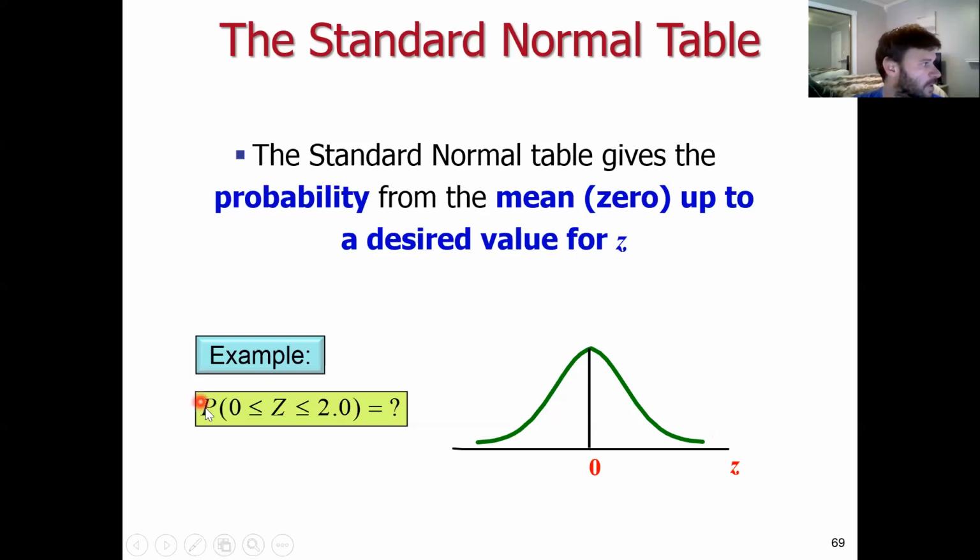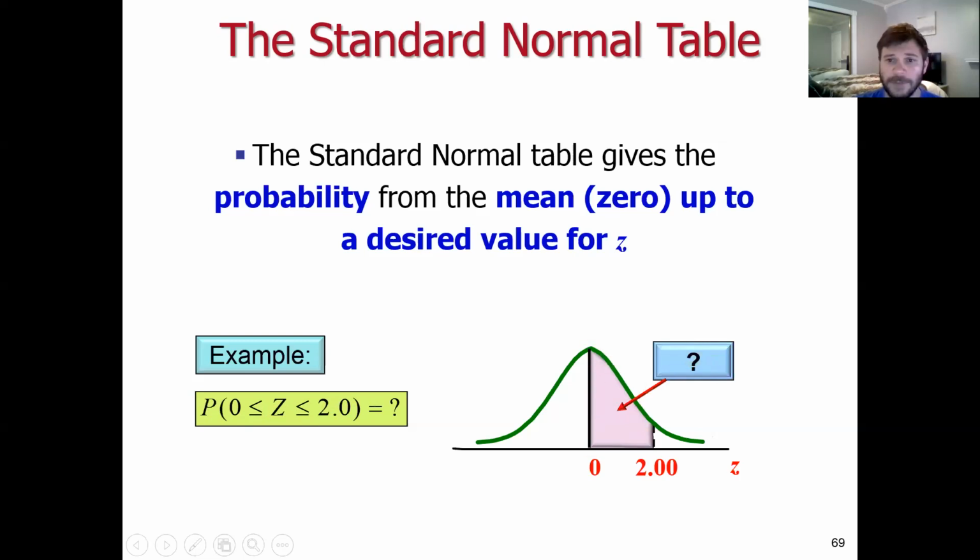So if we were interested in the probability that z was between 0 and 2, we would go to the standard normal table, find the z value associated with 2, and the table reports this probability that corresponds to the area under the curve